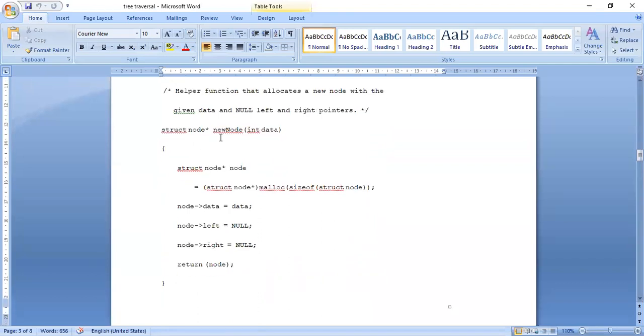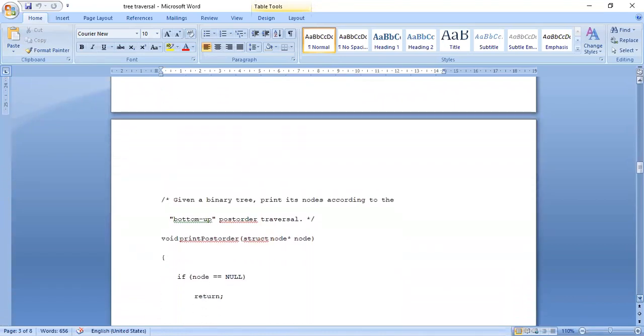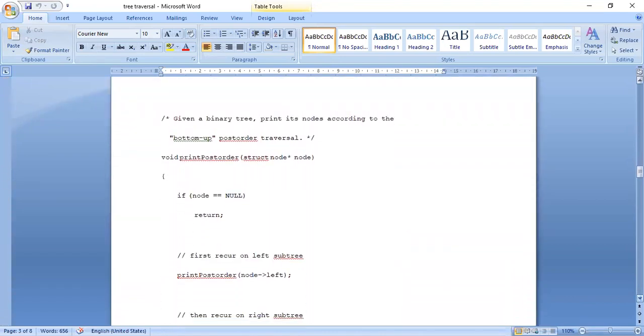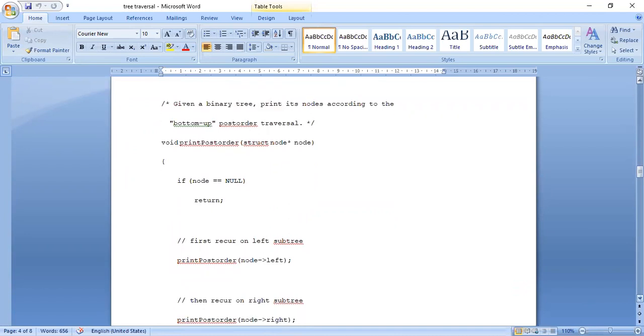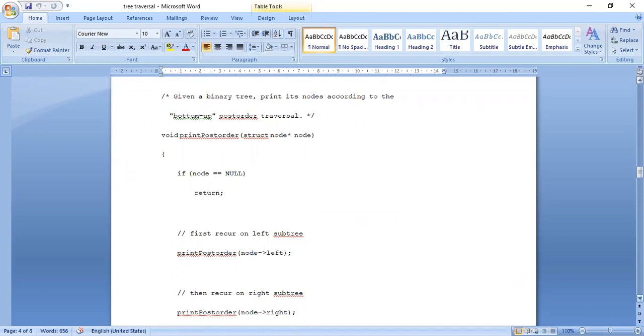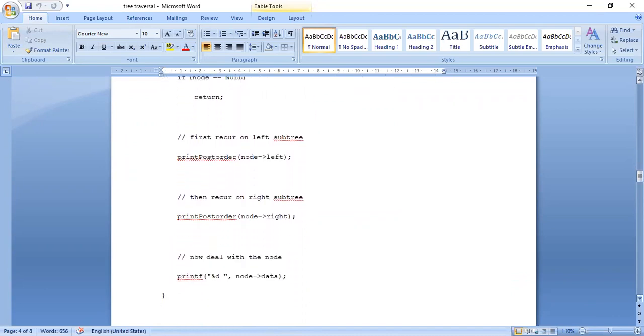So you can see here struct node star new node. That is, if I want to add a new node, this is the thing. So node of data is equal to data, and node of left is equal to left node. So you can see the diagram.